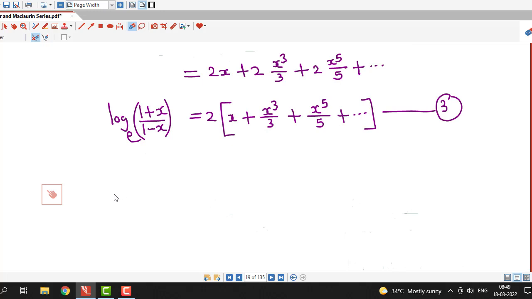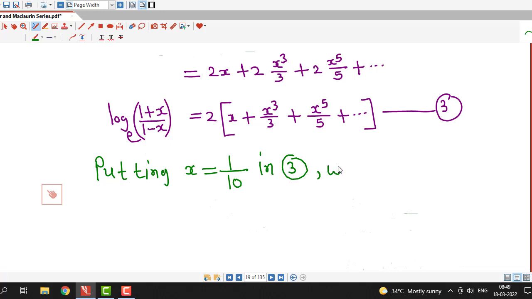So let me remove this. Now putting x equal to 1 by 10 in series 3, we get, here we write one more step,